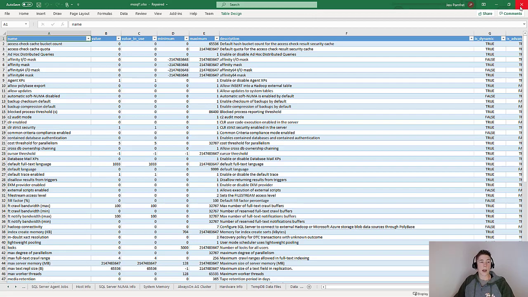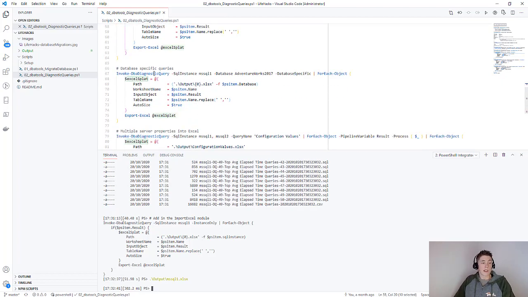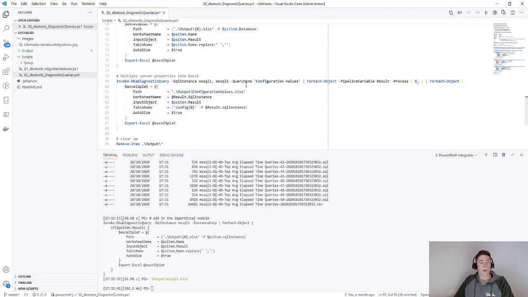So this is a really great way of getting your data into an easy readable format that you can then use to store or to manipulate further. You could do the same thing, and this is the exact same query, except I'm passing in a database name and I'm running database-specific queries. I'll leave you to play with this one. The final thing I want to show you is